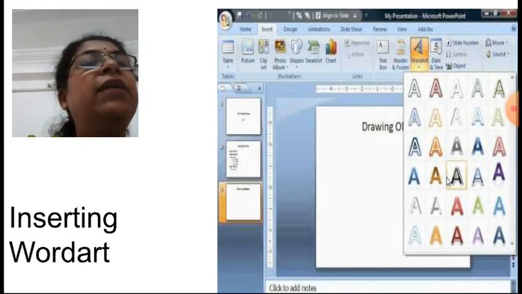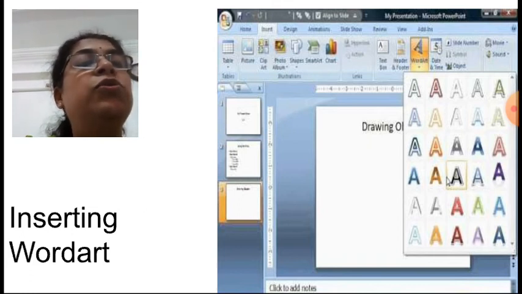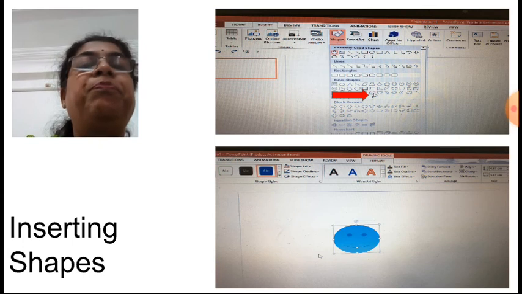According to that style, the color combination or the border colors, everything will come, and you have to type the text for it. Correct? Through this you can change the word art color also. You can change the outline color also. Okay, so many facilities are available.